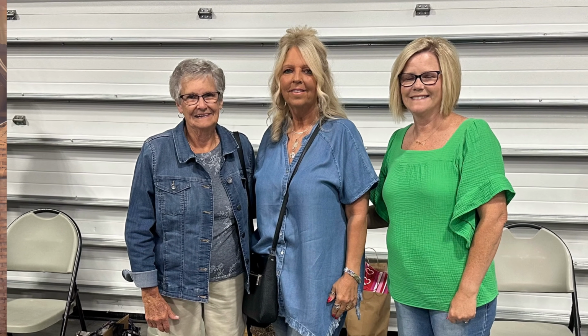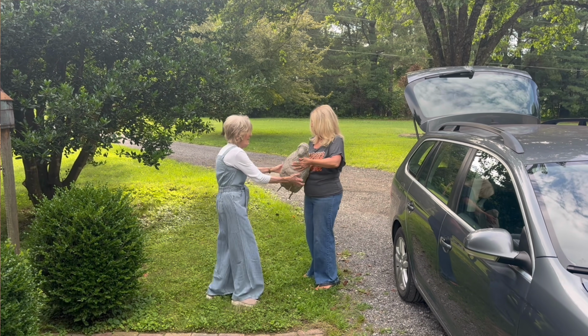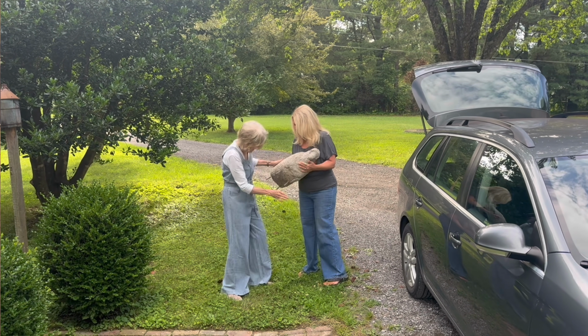But at that show, I bought the sweetest little thing for my mama. As soon as I saw it, I said, oh my goodness, I've got to get this for Mama. It was just right up her alley. And Mama didn't come with me. I tried to get her to go with me, but bless her heart, she just is not doing that interstate. She doesn't like the interstate, so I couldn't talk her into it. So I thought I'm going to pick her up something good. So I got her that redware plate, and then I got her the cutest concrete sheep that this couple had